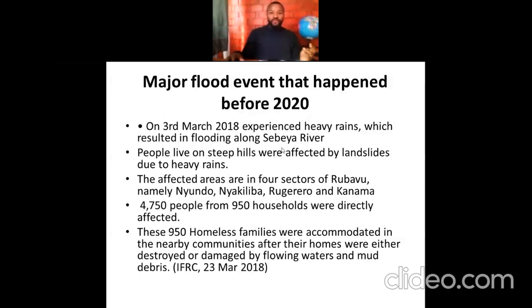People who were on steep slopes were affected by landslides, and some sectors of Rubavu district, the 4 sectors, that is Nyundo, Nyakariba, Rugerero, and Kanama, were affected. 4,750 people from 950 households were affected directly. 950 homeless families were accommodated in the neighborhood communities, and